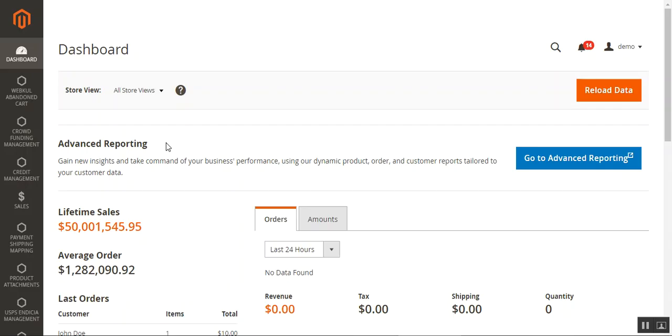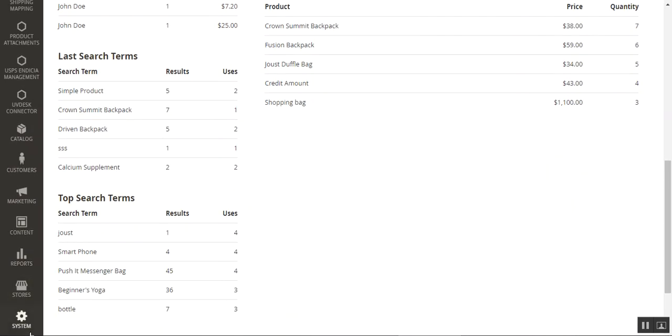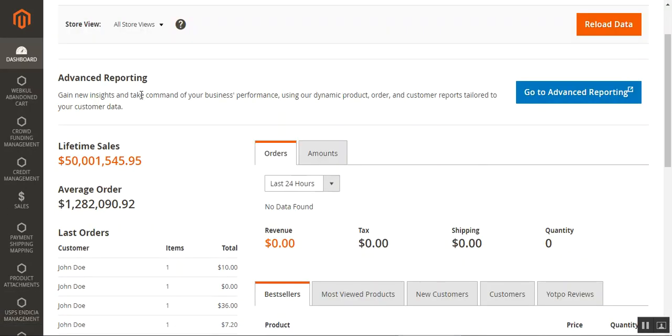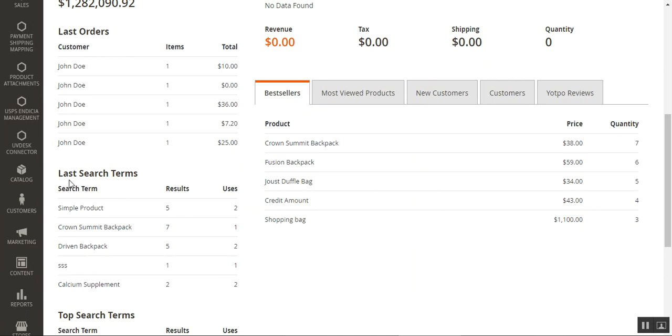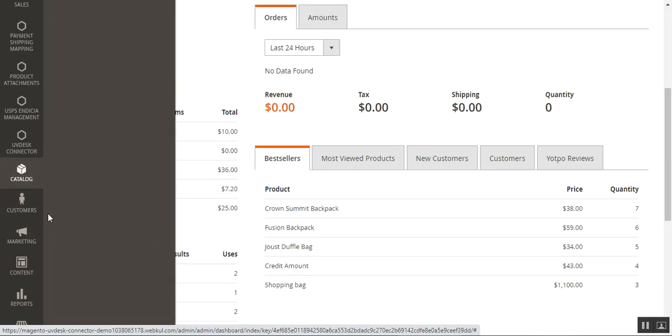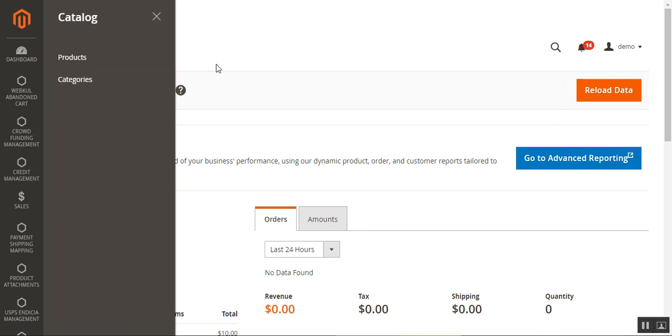After the successful installation of this particular plugin, the product grid editor for Magento 2, we need to make some initial configurations. I'll show you how we can do that. But before that, I'll show you the section wherein the admin would be able to make changes to the product attributes or the product features. For that, you just need to navigate to catalog and then products. Now I'll show you that in a while. In the meantime, let's go to the initial configurations.